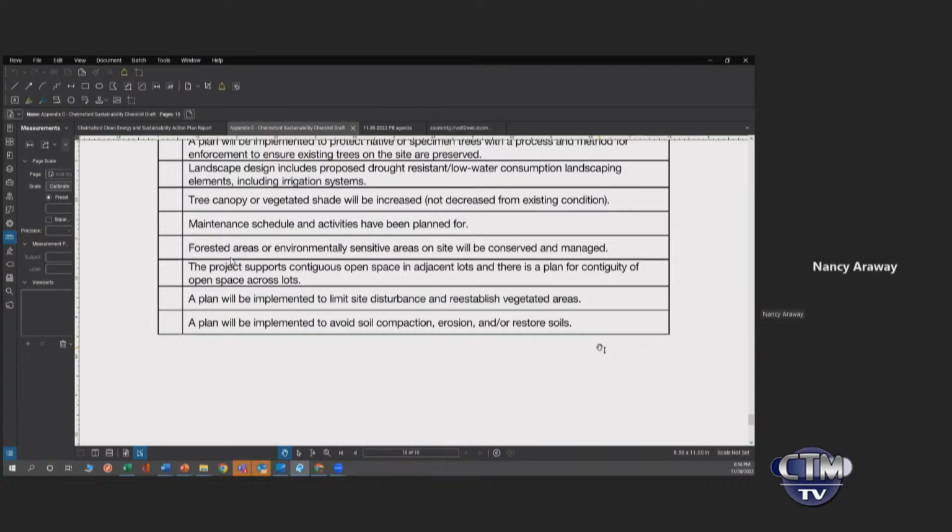And who sets the incentives? And is this checklist, what kind of incentives are we talking about? And how is it graded? Like, if they meet one or two of these, do they get, I don't know where we're going with it, is what I'm saying. So Nancy, to answer your question, and this was discussed as part of the committee deliberations,